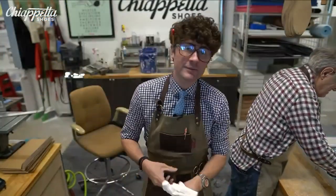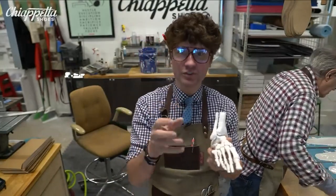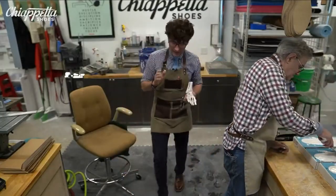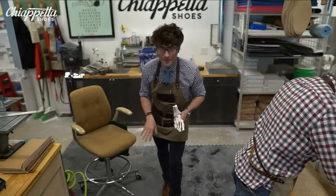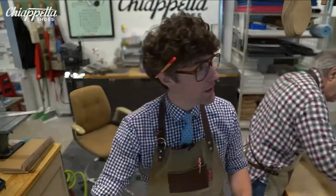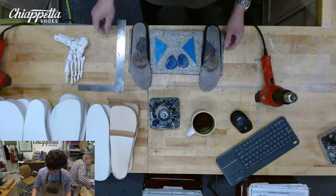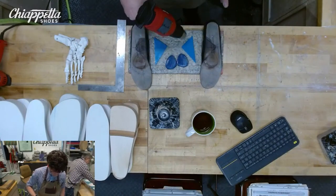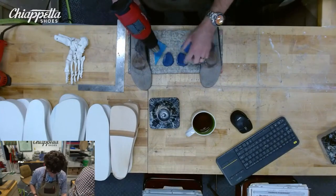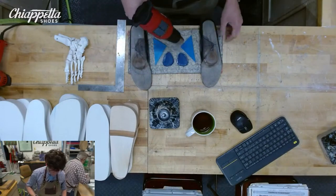All right, ladies and gentlemen, Chiappetta Shoes Workshop Live, B7 foot type. We have rigid, tough toes, a lot of bony areas, slightly flexible rear foot. We have mobility, narrow gaits, narrow gaits with the arch dropping down, toes clawing up, hammer toe situation on the lefty. So we have an existing orthotic that we are adding a scaphoid pad to, and we're changing the met pad. If you looked at the beginning of the video, we had a more broad met pad. And we're doing a traditional met pad with a little bit of tapering. The main area is 2nd, 3rd, and 4th metatarsal heads that we're focusing on. And then we're also targeting the scaphoid area